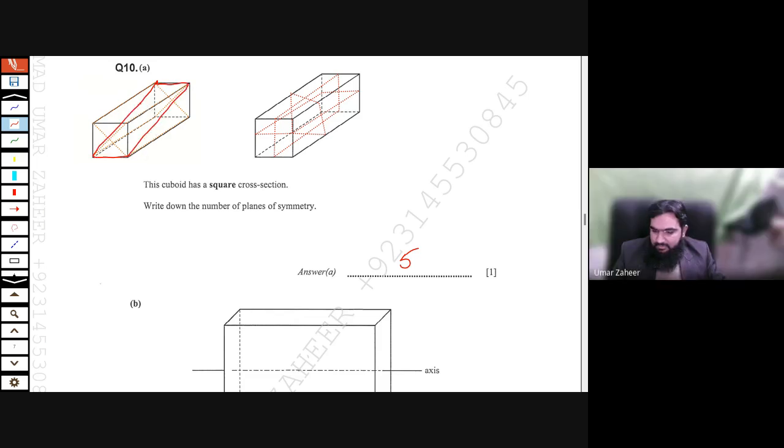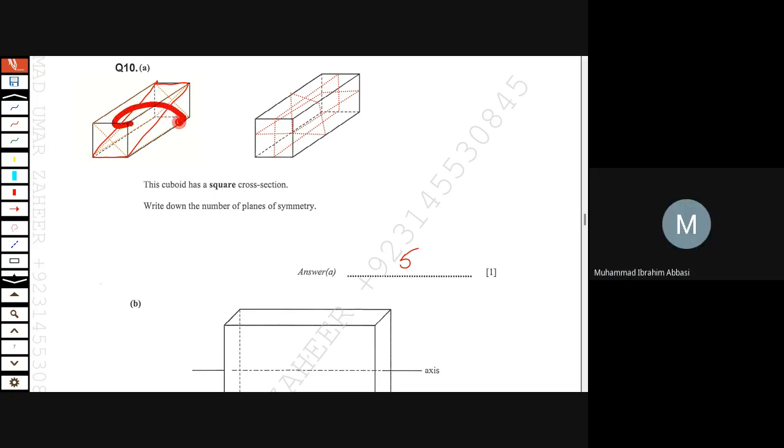Yes, sir. We are not looking for a triangle. We are talking about symmetry. Symmetry means there must be two equal halves. Can you place it exactly on this one? Okay, are you able to fold it exactly on this one? Oh, okay, no, sir. You are able to understand it this way